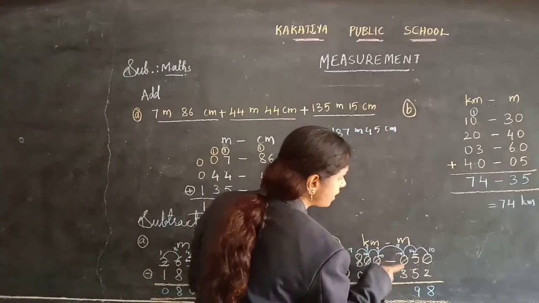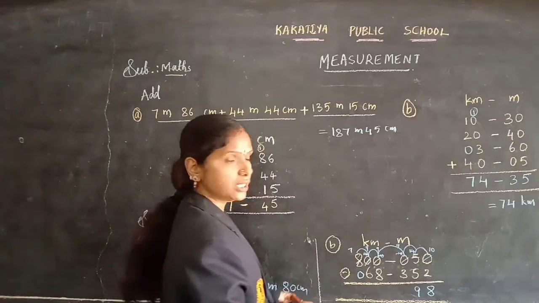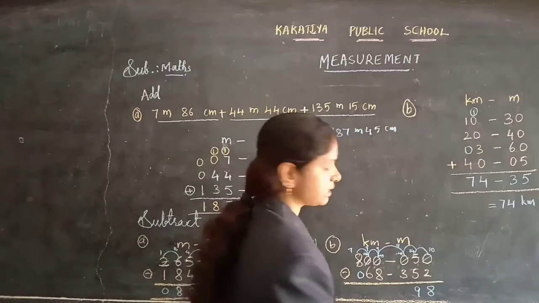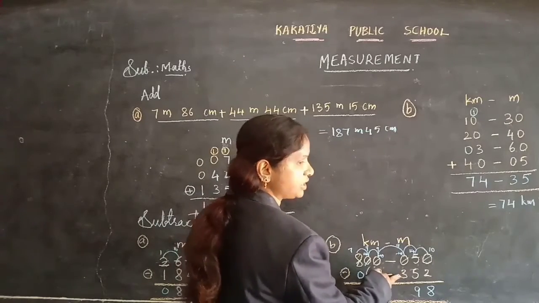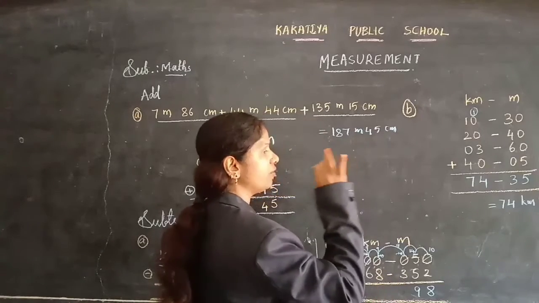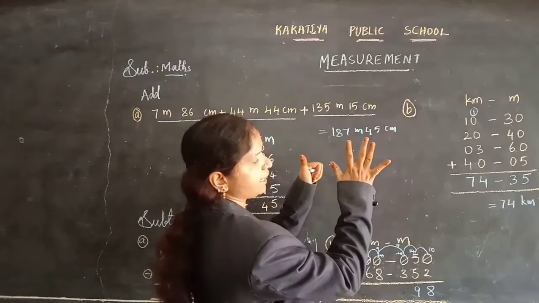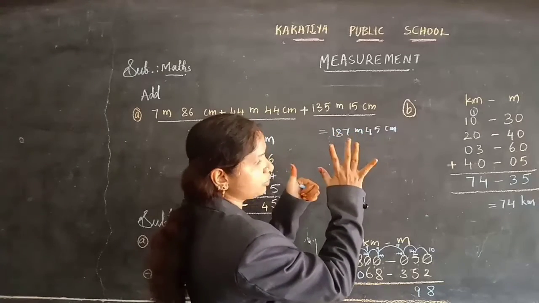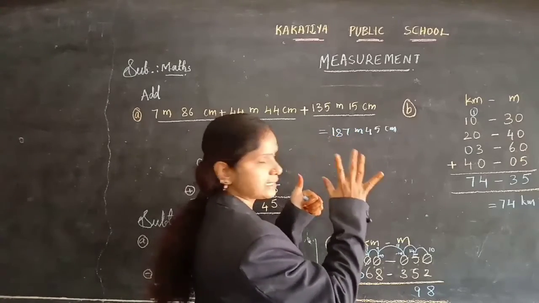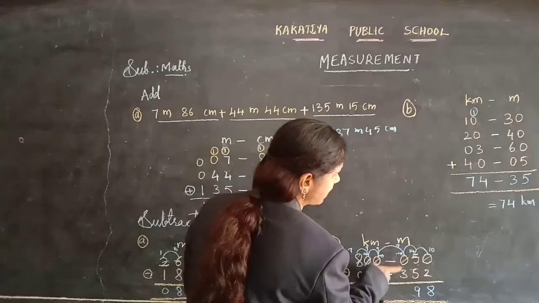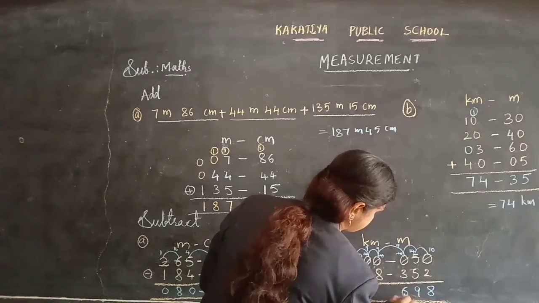Okay. Now 9 minus 3. Yeah, children. 9 minus 3 means you start counting from the down number which is 3. 3 after 4, 5, 6, 7, 8 and 9. So I reach the 9. To reach the 9 I require the 6 numbers. Okay, 6 numbers. Or else 9 minus 3 is 6.